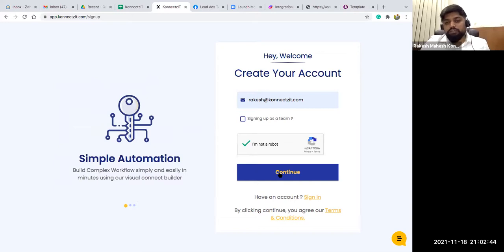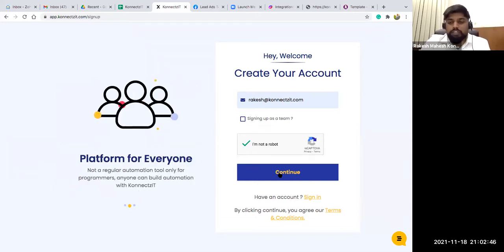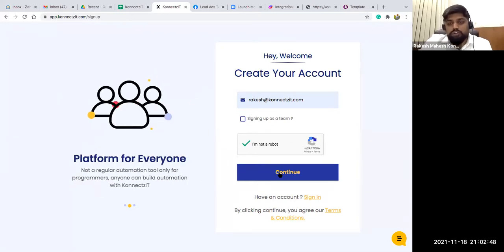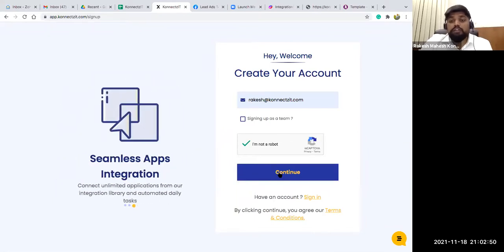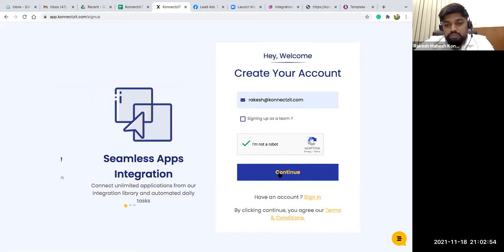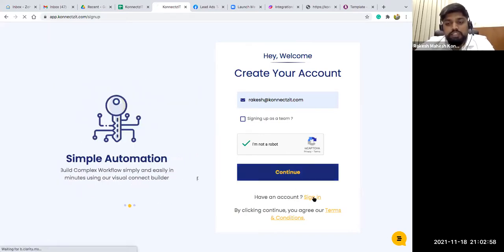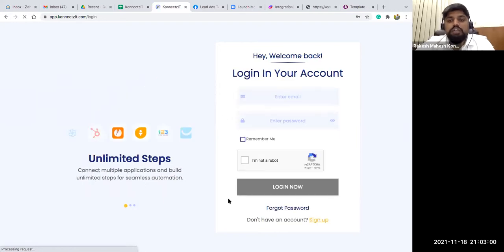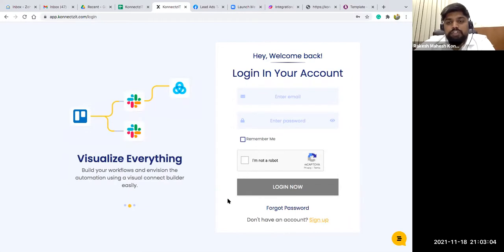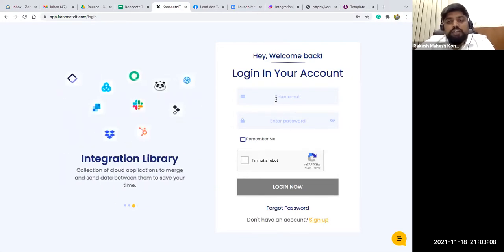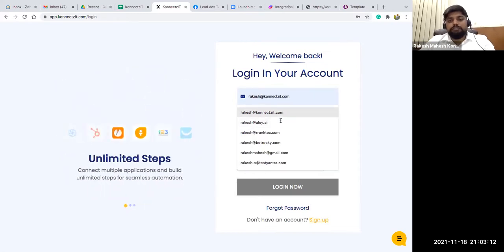Make sure you check other folders like spam, if you have not received your link from Connexit. Even if you click forgot password, make sure you check other folders as well. Every time you sign up or use forgot password, we will be sending you a link. Right now I log into my account using my credentials.